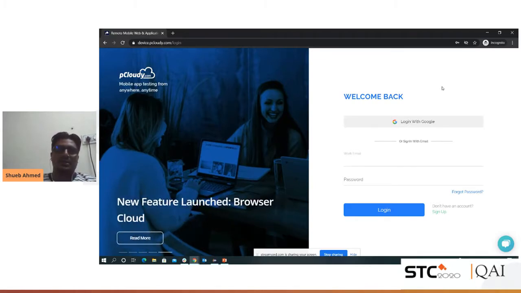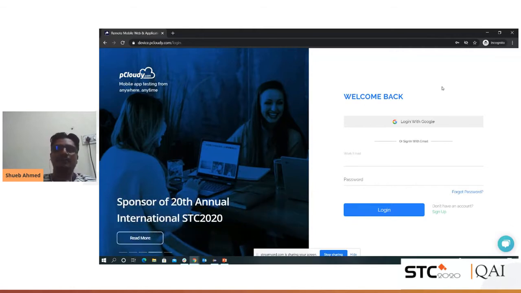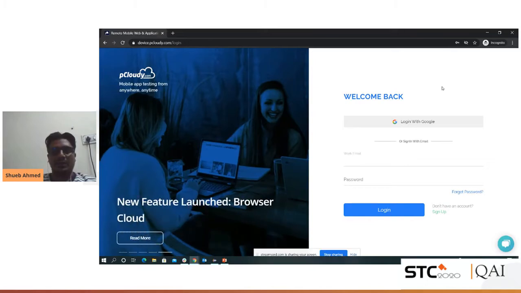So let me just talk about the offering. We have three different offerings. The first offering is the public cloud, wherein we have more than 500 physical devices that are hosted in the data center, and you can pretty much test your mobile applications on this platform. And the second offering is the private cloud, which is a dedicated cloud, and in case